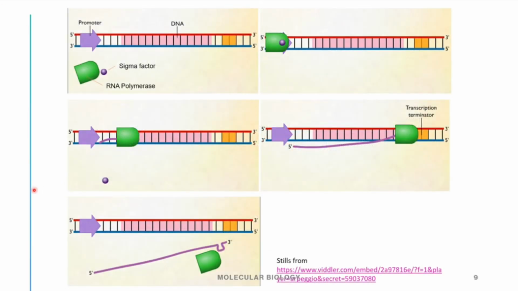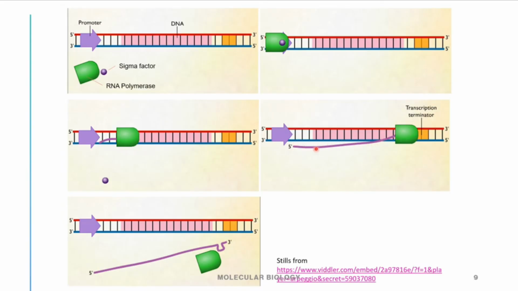This is another illustration of the transcription process. At the beginning, we have the sigma factor together with the RNA polymerase that will bind together to the promoter region of the DNA. And then when the RNA polymerase moves onto the DNA, you can see the sigma factor gets dissociated from the complex,